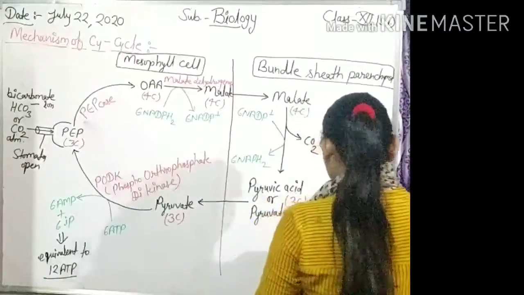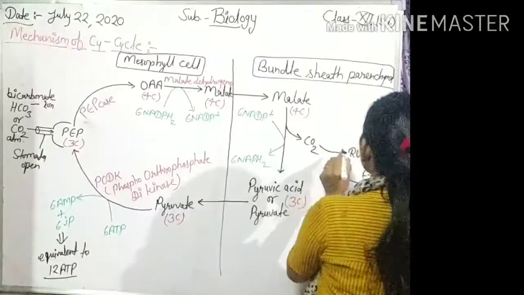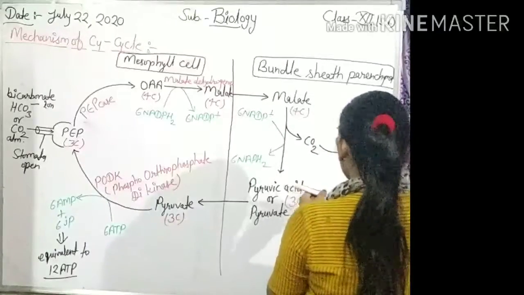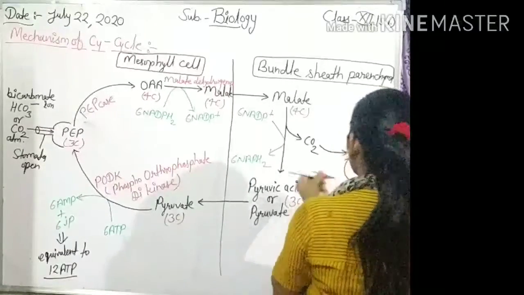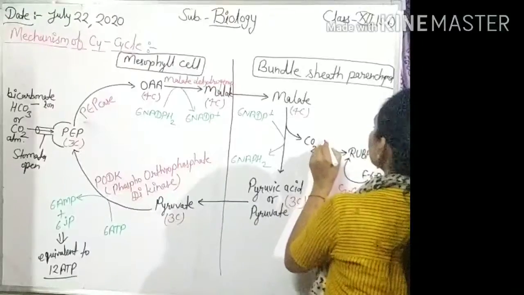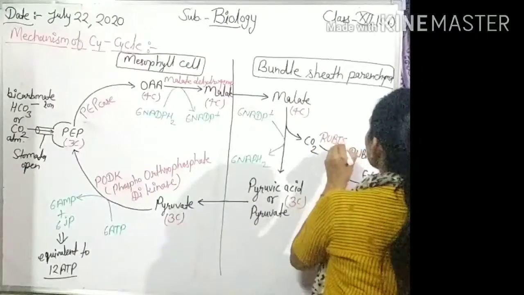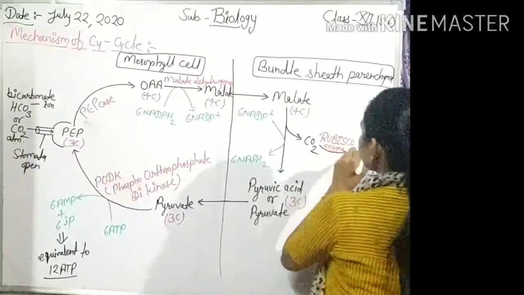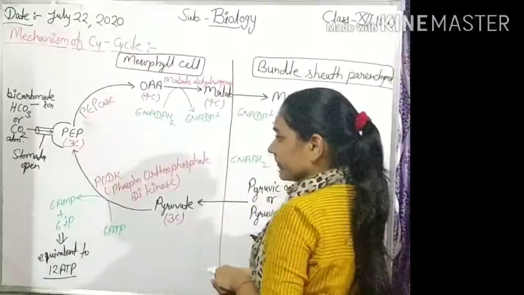In bundle sheath cells the CO2 acceptor is RuBP, which runs the C3 cycle in the presence of the Rubisco enzyme. Okay,